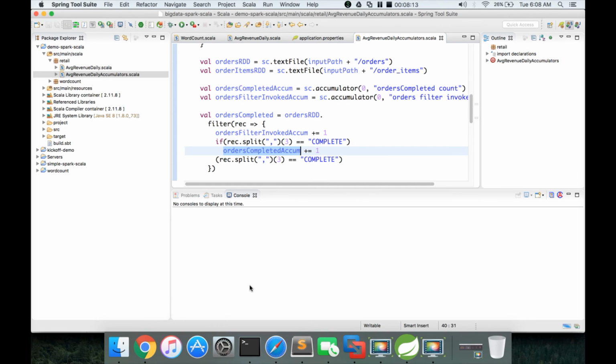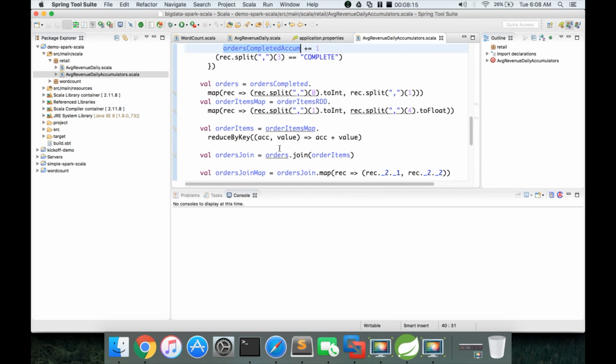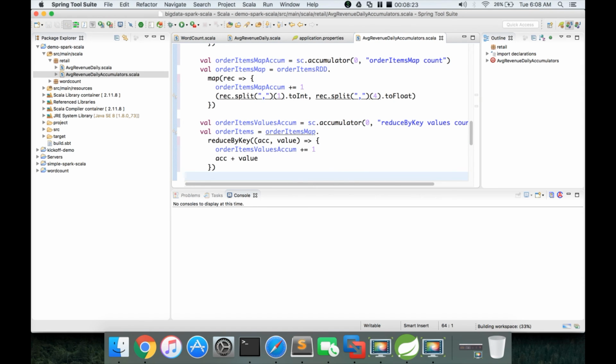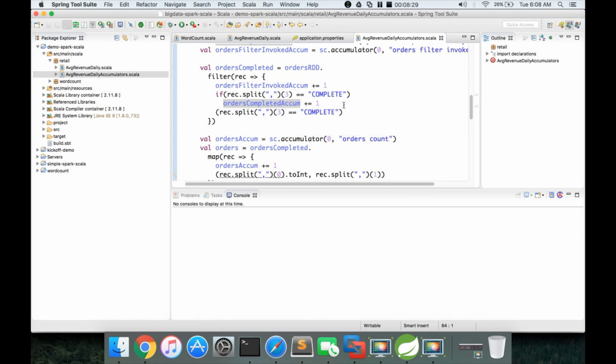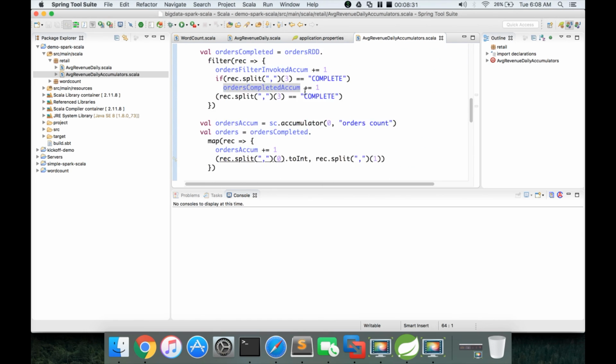Okay, so I am just modifying the code here. Like that, you can create as many accumulators as you want. Okay, now the implementation is done. We have to just compile. So far we have created 1, 2. This is the third accumulator to see how many orders are processed, or how many orders the map function is invoked, and then